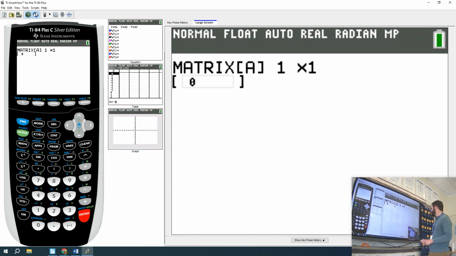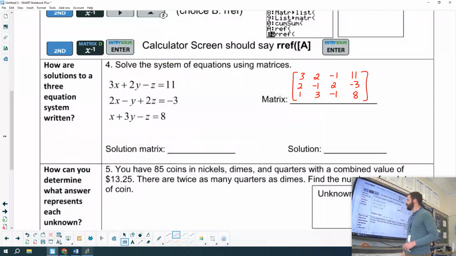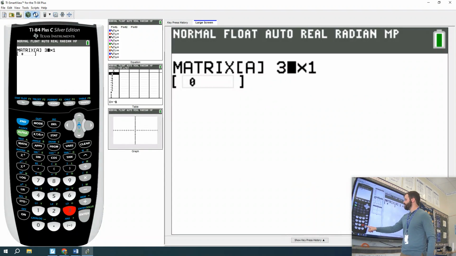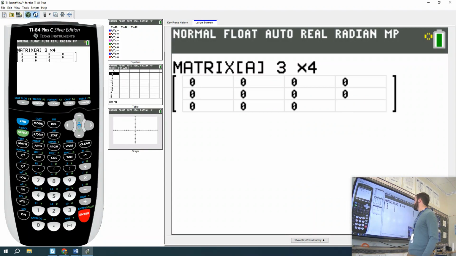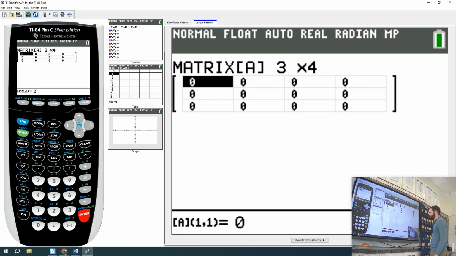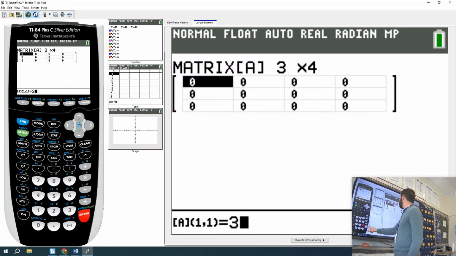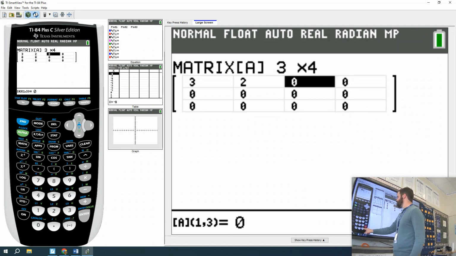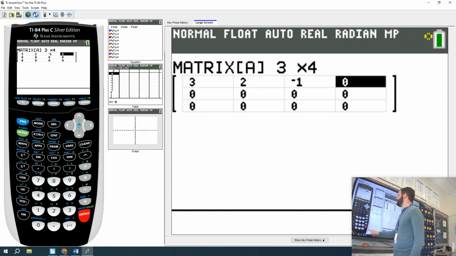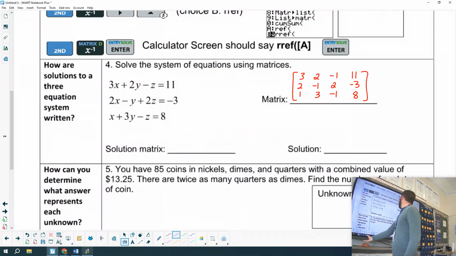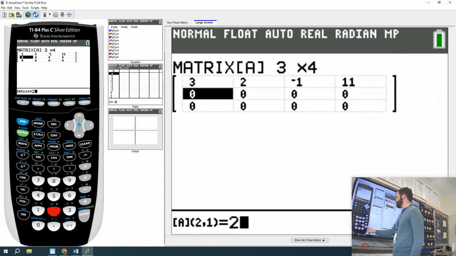Now, this is where we decide, is it a 2x3 matrix or is it a 3x4 matrix? If we look back here, it is a 3x4 matrix. It's big. So we're going to go 3, enter, 4, enter, and it's going to give me the grid to plug in my answers here. So we had 3, 2, negative 1, 11. Let's put those in here. 3, 2, negative 1, 11, and then I had 2, negative 1, 2,